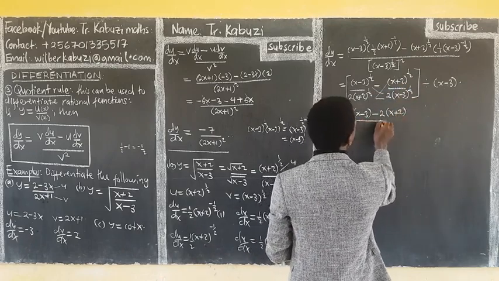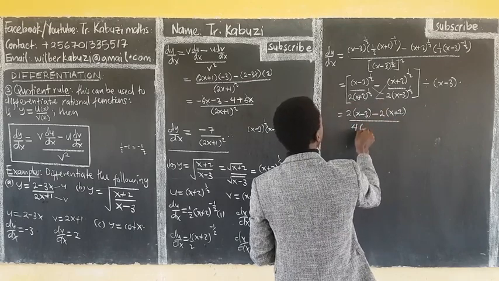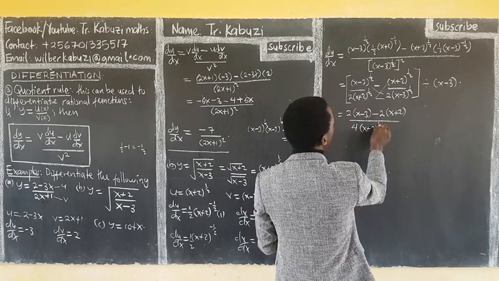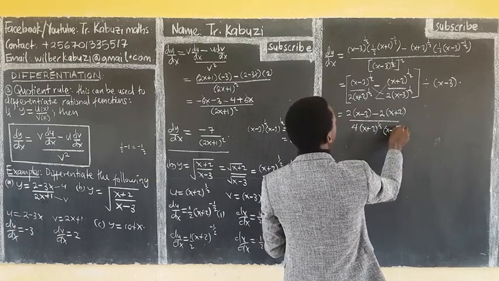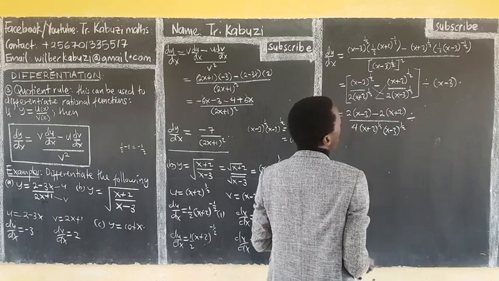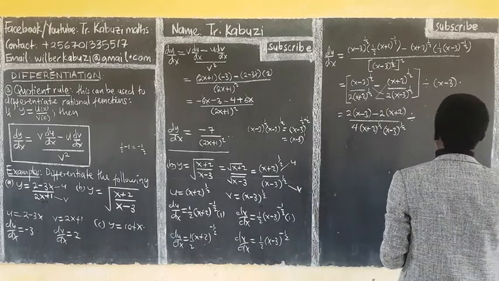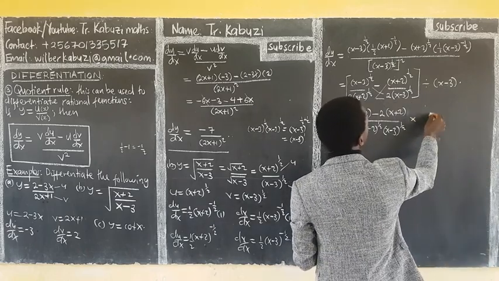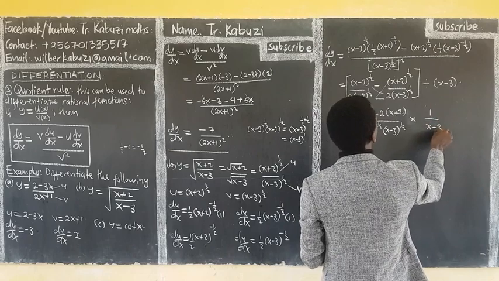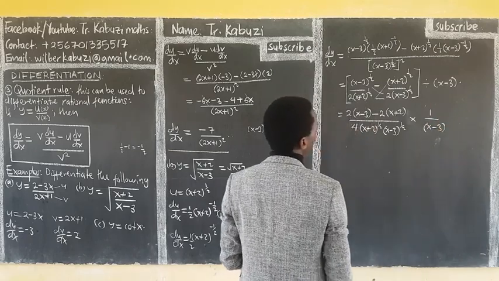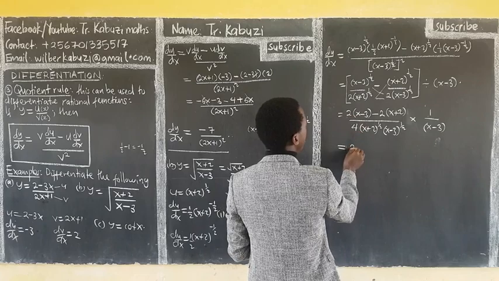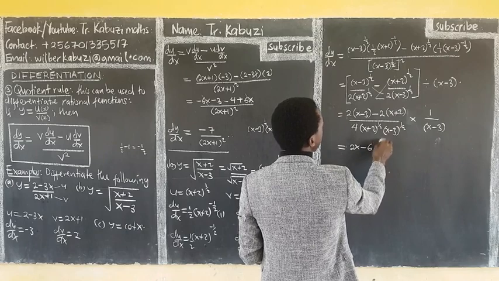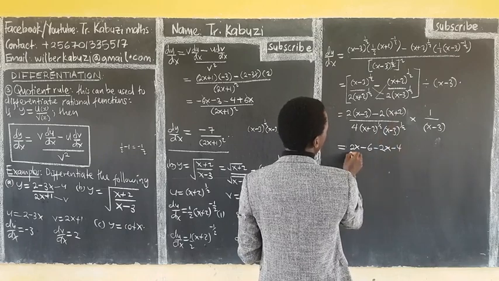Then the whole over. This times this, we get a 4 first of all. Then x plus 2 to the power a half, x minus 3 to the power a half. Remember, I'm dividing this now with, if we are dividing, we get the reciprocal. So now this will be times 1 over x minus 3. So can we simplify the upper part? This times this is 2x minus 6, minus 2x minus 4. Now all over